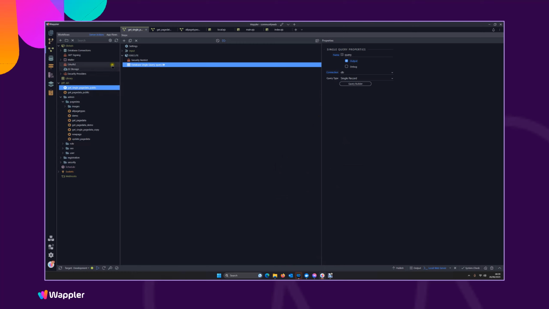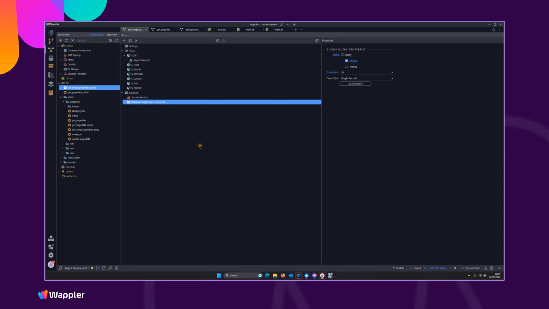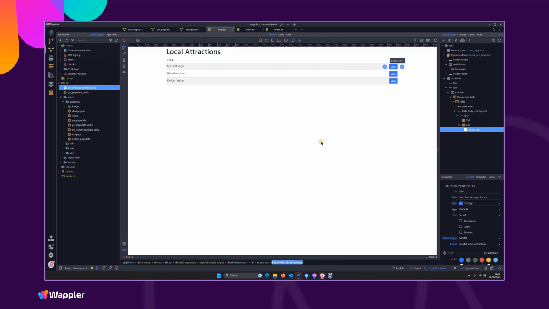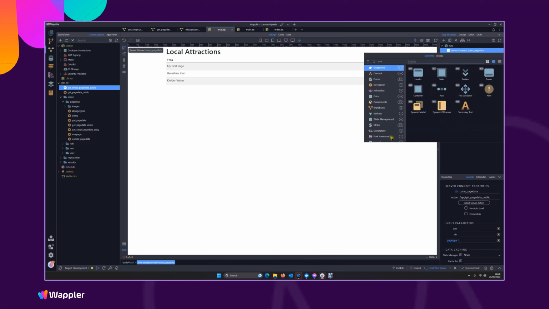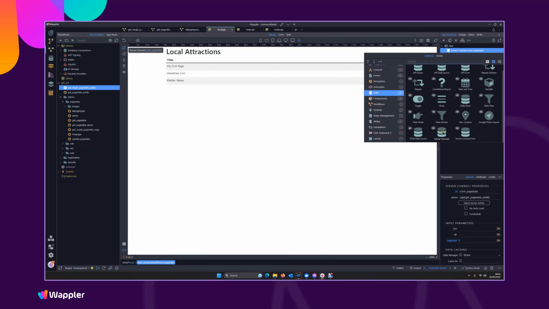So remember, we've still got the condition that we've got to send now the page content ID to that record, so that we can pull the individual record that we require. So let's go back to our local page. I'm now going to have to link that to, just while I'm doing this, I'm just mentioning there are other ways of doing this. I know some people favor using a